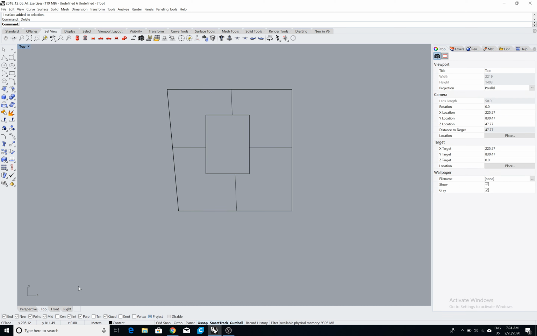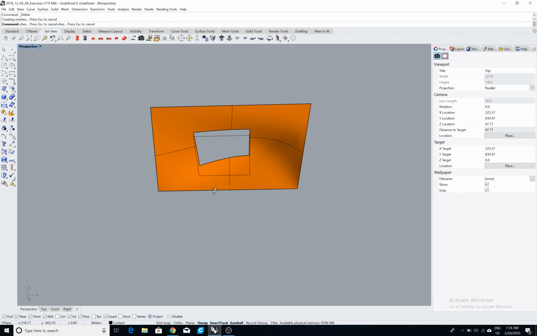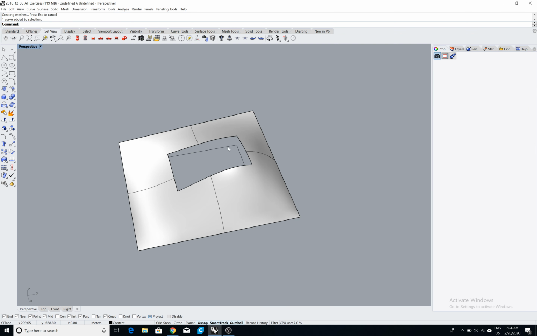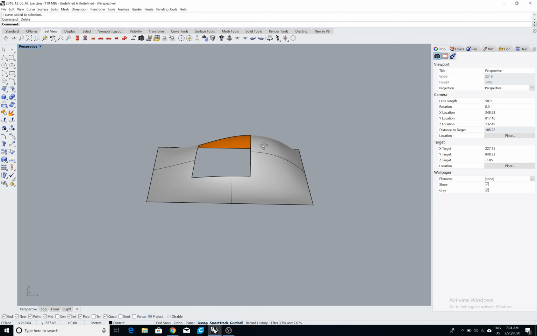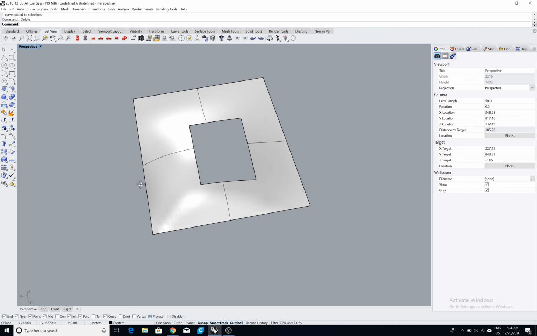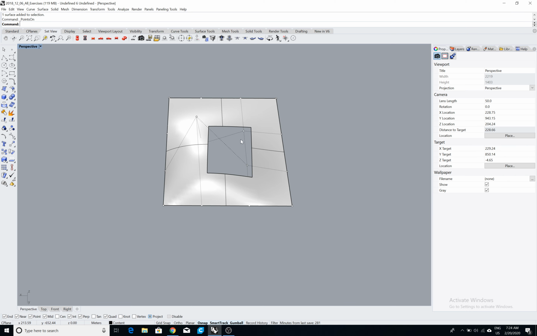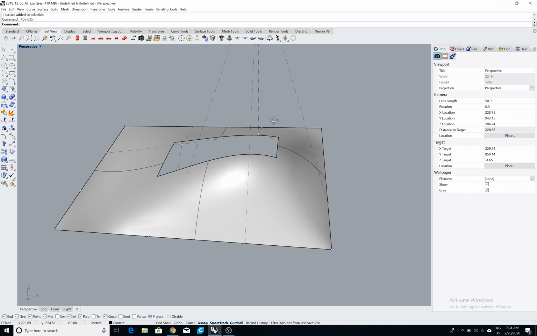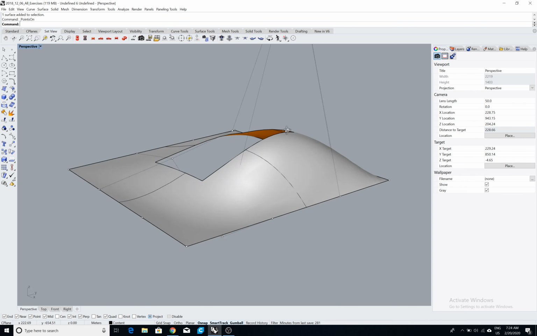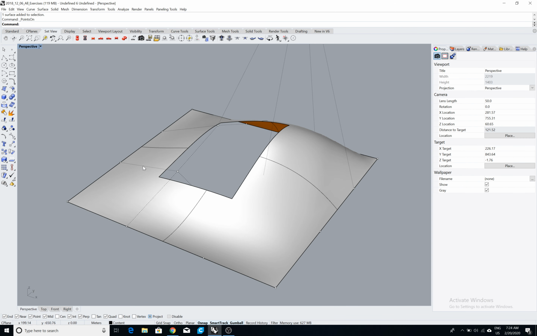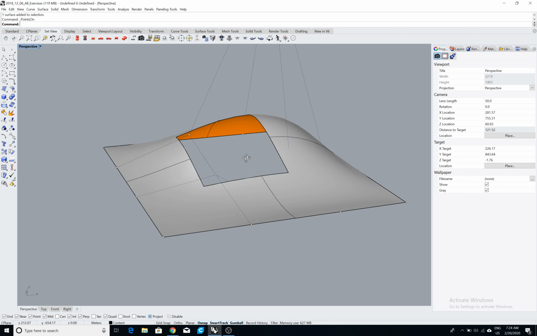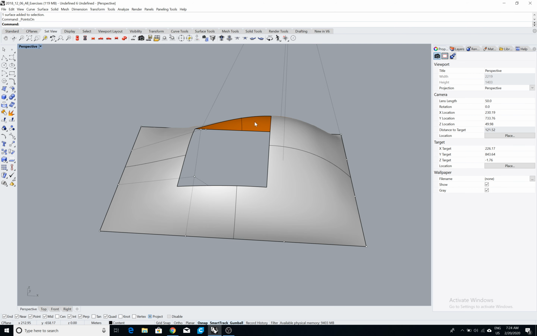So now, if you see this, there's a hole in this surface. If I select my control points here, I would see that the properties of the surface remain the same. I see that this surface is still continuous, it just has a hole in between, which